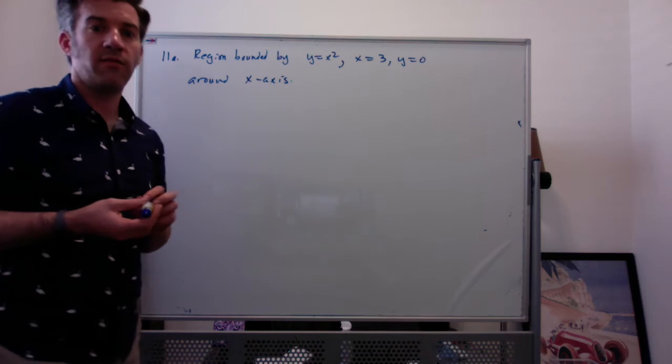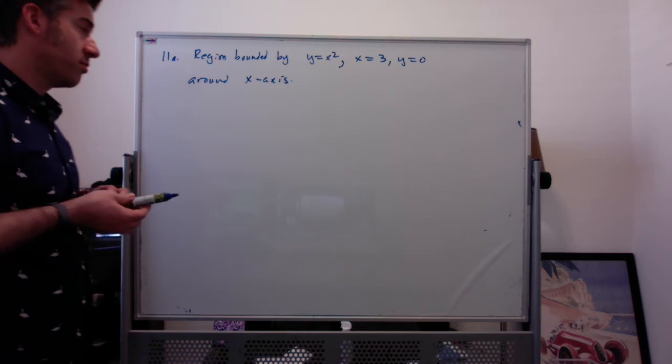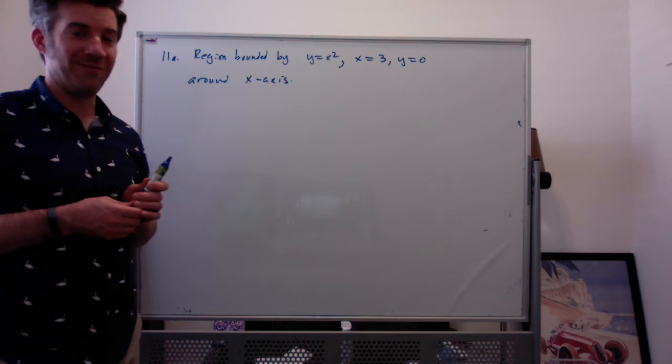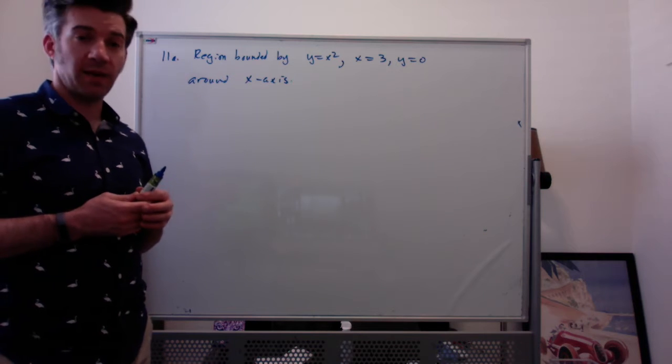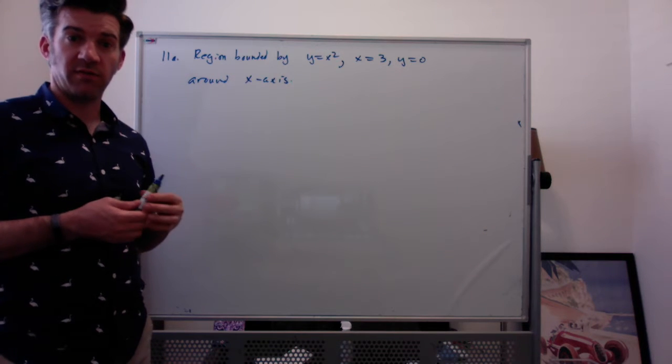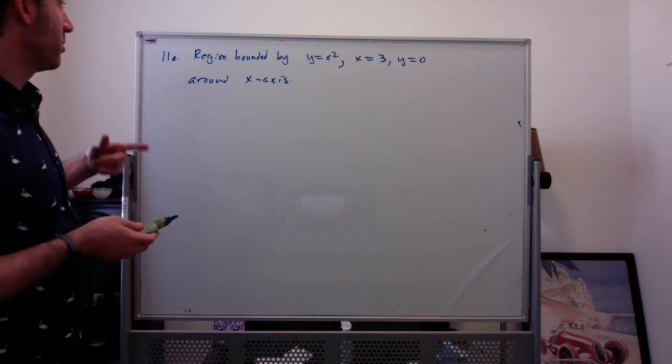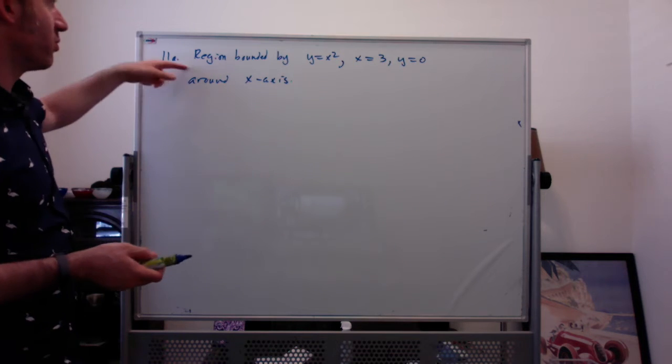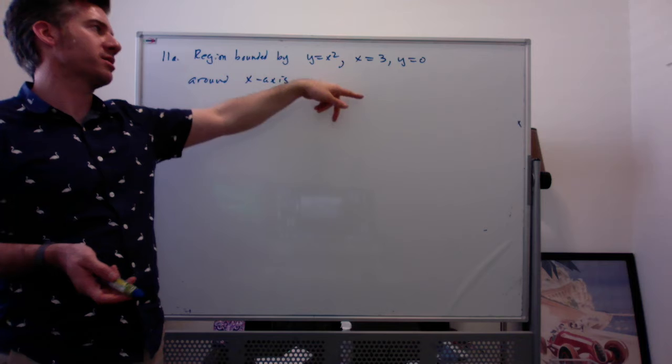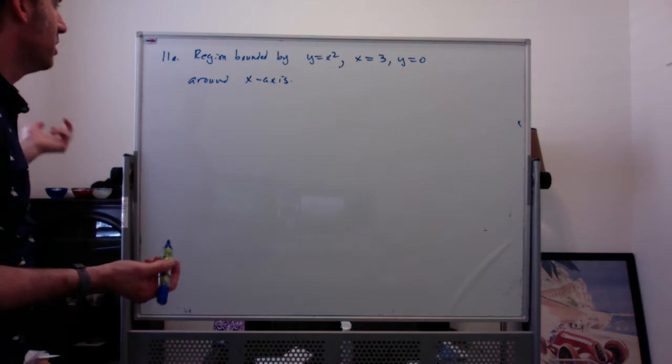Here's problem 11 from the midterm review for Pham. It's setting up but not evaluating some integrals for the volume of the solid obtained by revolving the region bounded by y equals x squared, x equals 3, y equals 0 around the x-axis. So to draw the region,